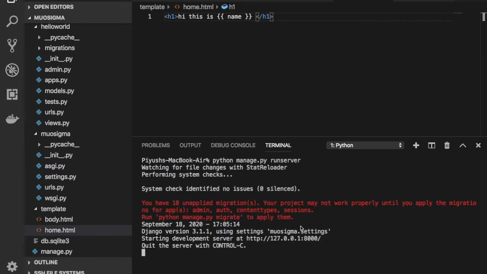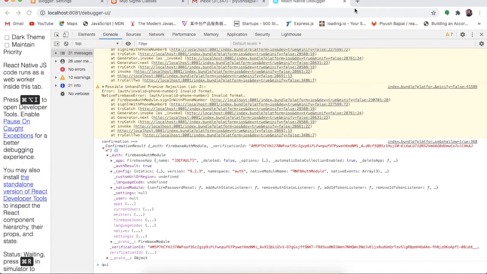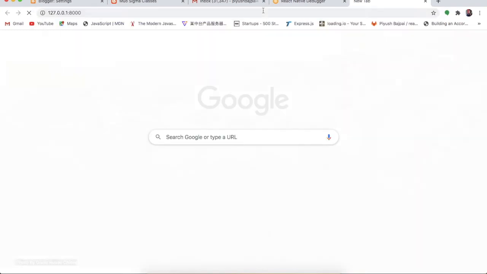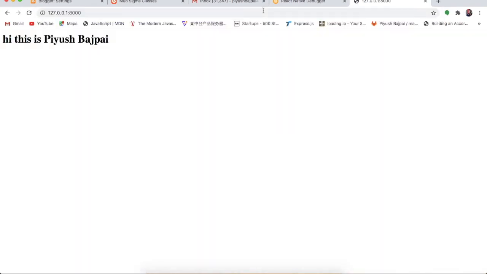The moment you hit this command, you will get a development server. Just copy this and paste it into the browser. You can use any browser. I am using Chrome here. You can use Safari, any browser.